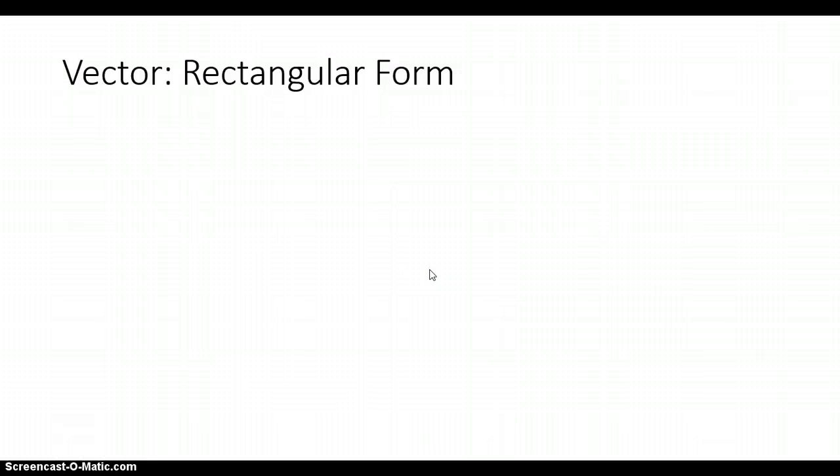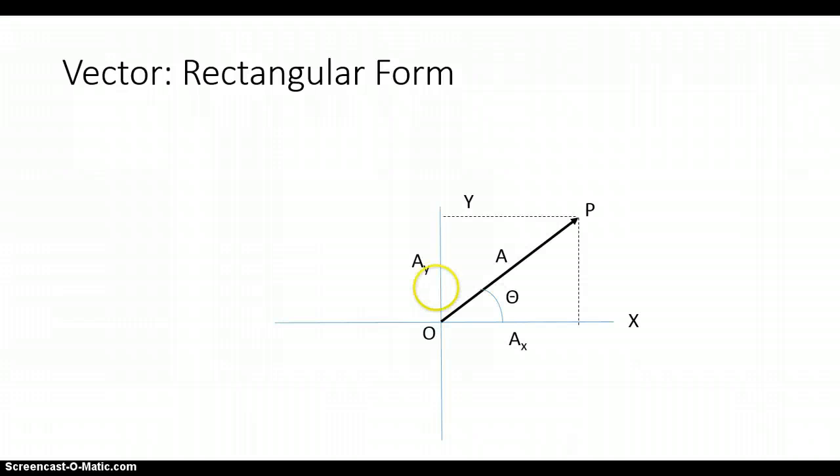Okay, let's say now we're looking at this in rectangular form. We just looked at this in polar form, right? Let's say we're looking at this in rectangular form. Remember, in rectangular form, the vector can be broken into x and y coordinates, where it's a projection onto the x-axis and a projection onto the y-axis, okay? So if we were to lay down flat on the x-axis here and we look up, it would look like the vector is only this long, which is not actually how long the vector is, but that's how long it looks from there. That's how long it projects